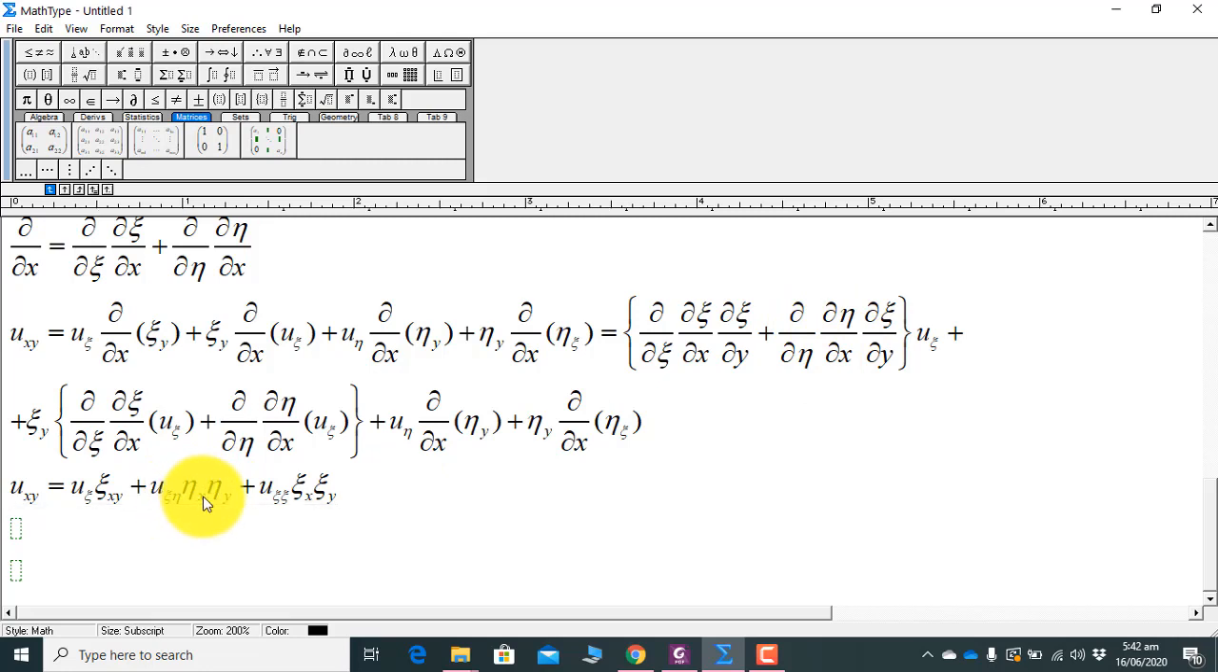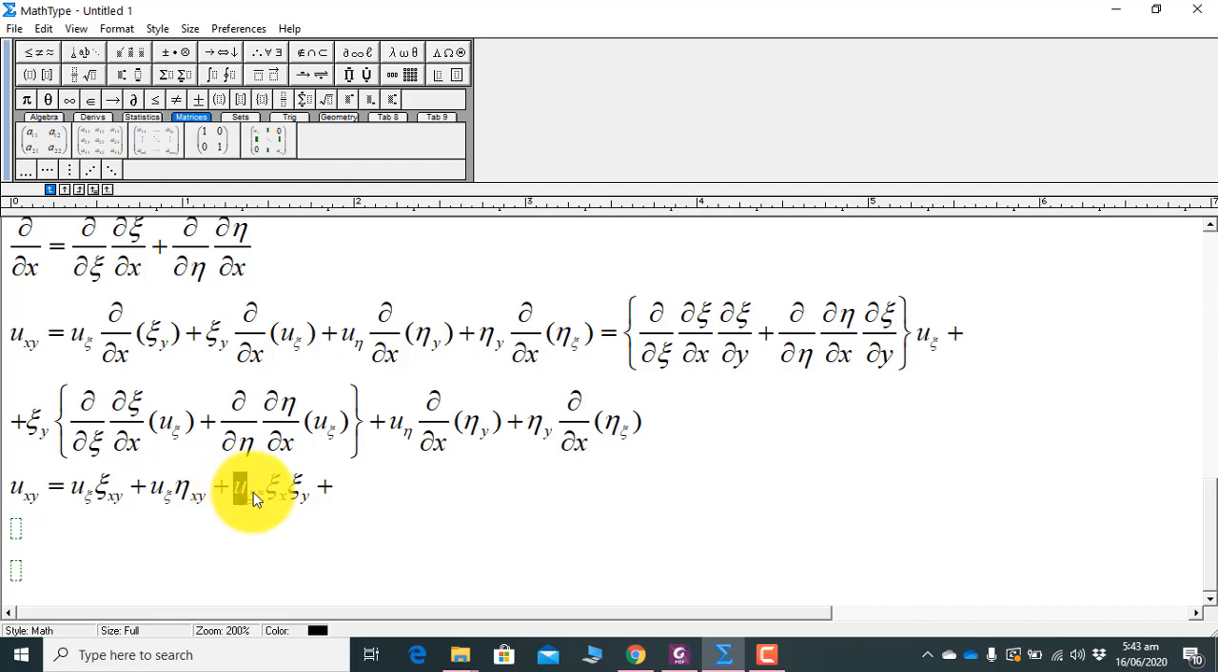eta, sorry, not xi, eta xy. And you have u xi, no, not u xi eta, only xi. Now the second term is okay, no problem there. And for the third term, similar to that, we will have what? Sorry, fourth term, you also have a fourth term, so the answer for that will be